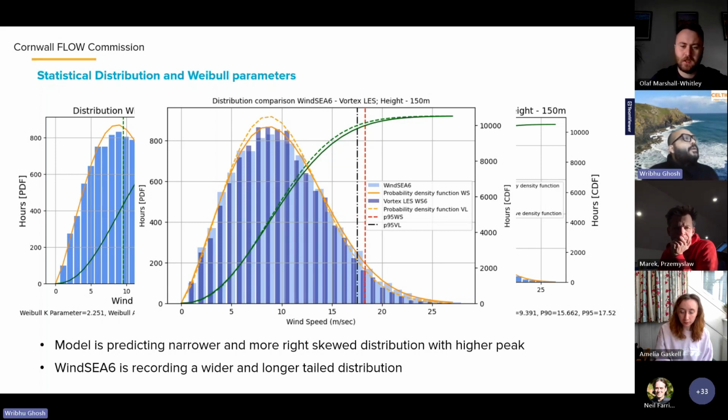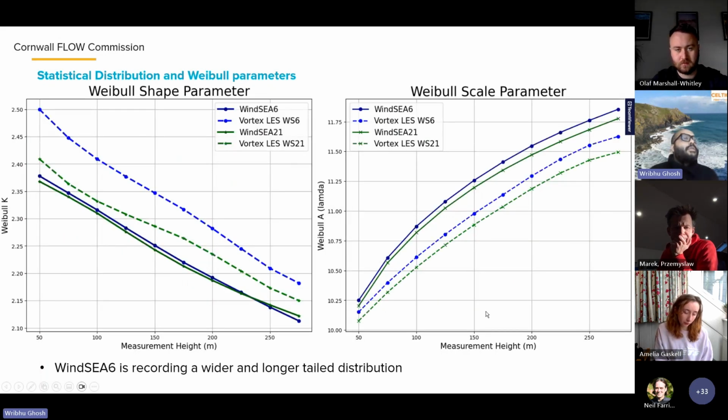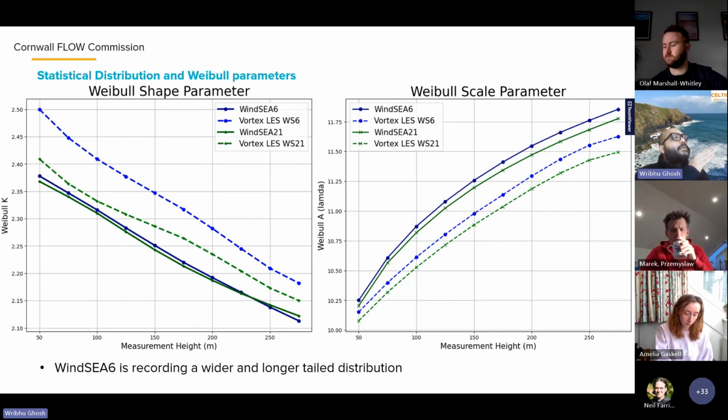And the measured data is predicting a slightly wider, long-tail distribution. This observation is consistent across both locations and both heights, which is depicted here. This is the shape parameter. The model is consistently predicting a higher shape parameter for all measurement heights, meaning the model is basically predicting a more